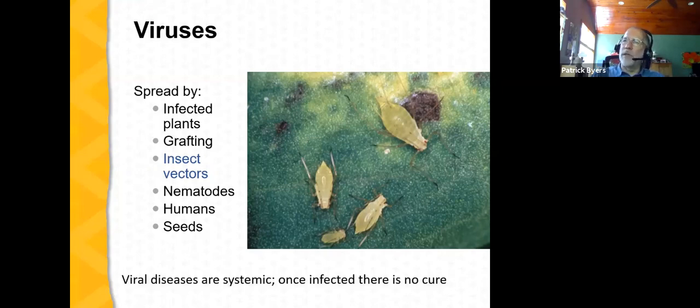And then these viruses could then be spread to plants just through human activity. And again, a good case in point was tobacco mosaic virus, which also causes a disease in tomatoes. So if a smoker had the virus present on their hands from tobacco products and then they worked in tomatoes, they could spread the disease to the tomato plants. And then a number of viruses are spread on seeds. Virus diseases are systemic. What this means is that once a plant's infected, there's really no way to cure the disease. We have to focus on prevention in managing viral diseases.